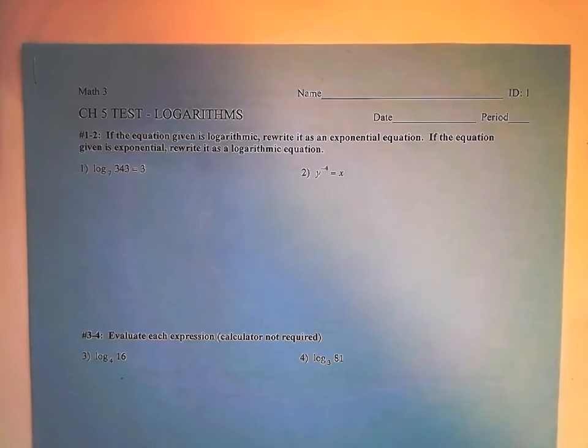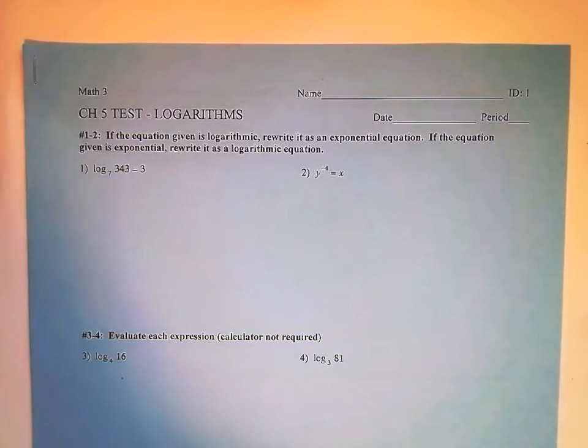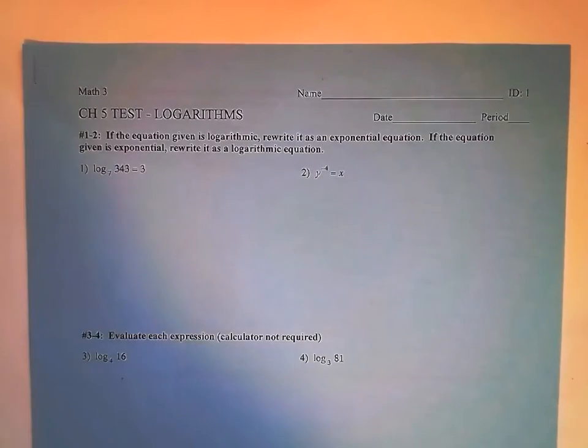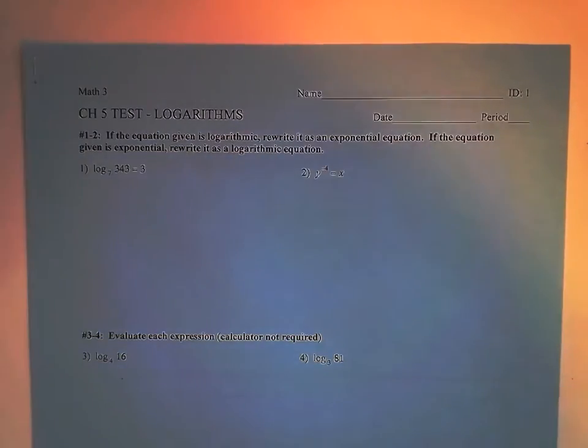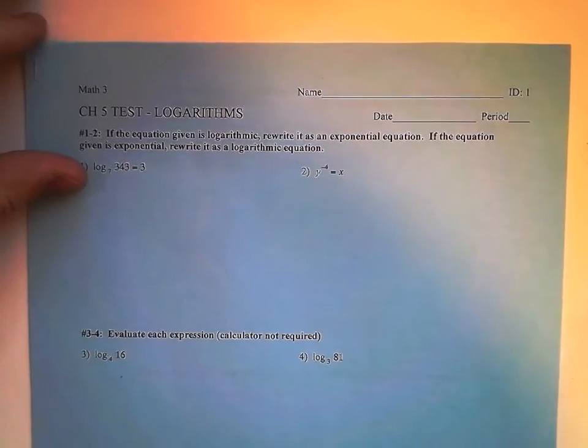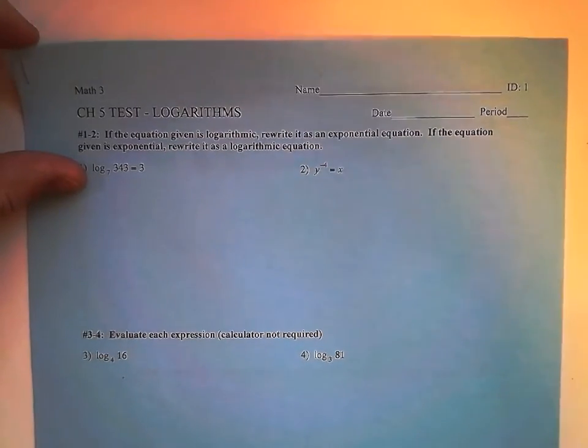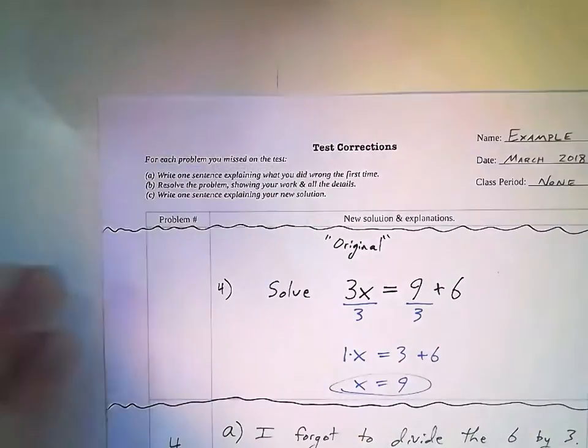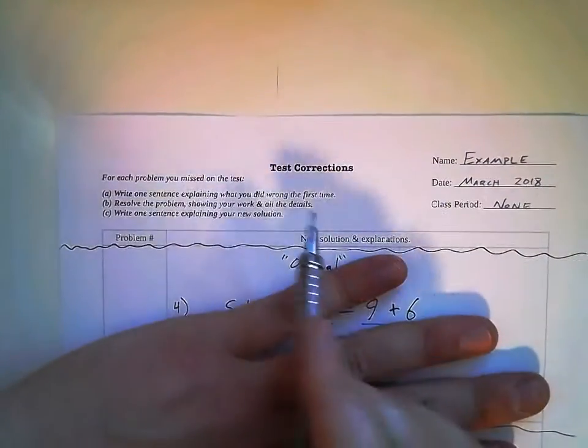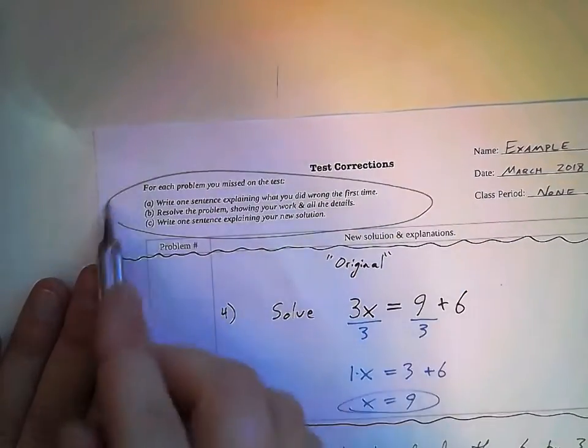Okay guys, this video is going to show you how to do test corrections on your Chapter 5 test on the problems you missed. So first of all, we'll go over how test corrections work really quick in case you forgot part of it. So you're going to have this correction sheet, and remember, for each problem you missed,